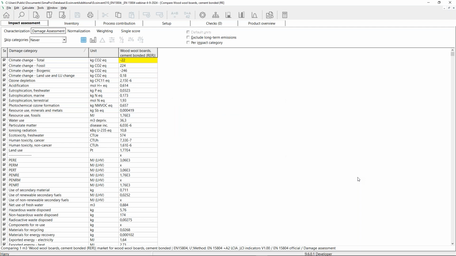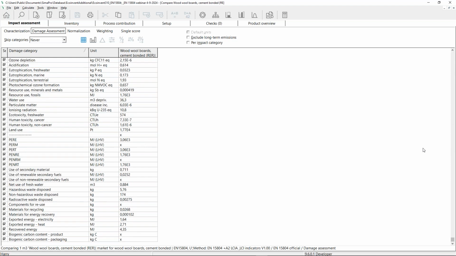Of course, if you want a quick result and you don't need to deep dive into these data, then you can also choose the system process, because it will provide you more or less right away the characterized results and the indicators. So what we see here, and I won't pay attention to the upper part of the screen, but we'll go to the lower part, below the dashed line.